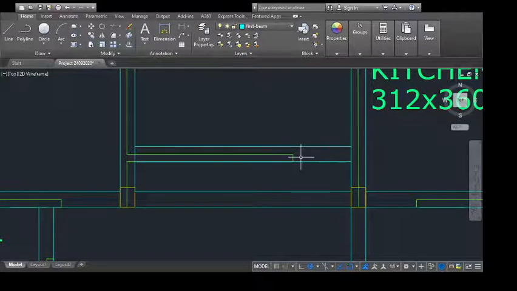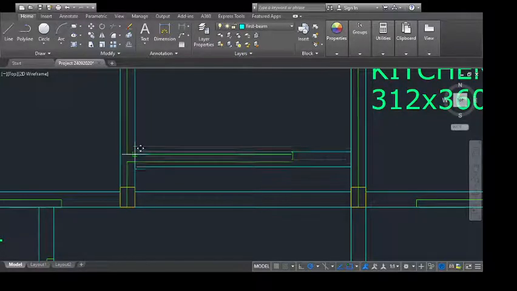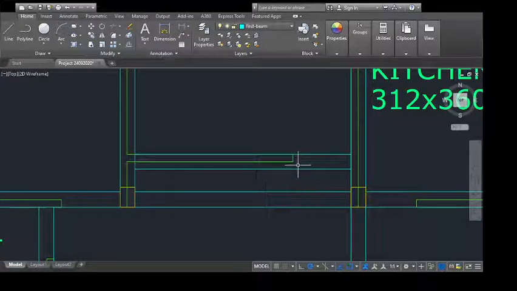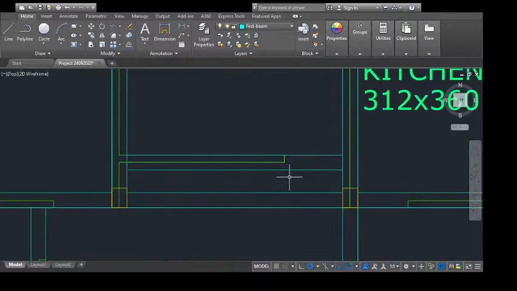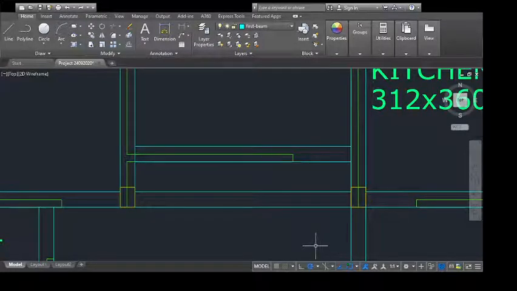Please note, this beam could have been provided in any of the directions. It could have been here or it could have been here. If it is provided like this, from the hall above this partition wall, this projection of the beam would be seen. That does not look appealing. So we prefer that the beam shift in the other direction.